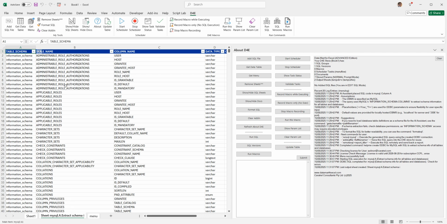So we need to give this schema to D4E and to the AI so that when we ask for more SQL, it can use this schema. So to do that, let's introduce this to D4E by renaming it as this sheet name. From here on, D4E and the AI can use this as a schema. We can now proceed with more